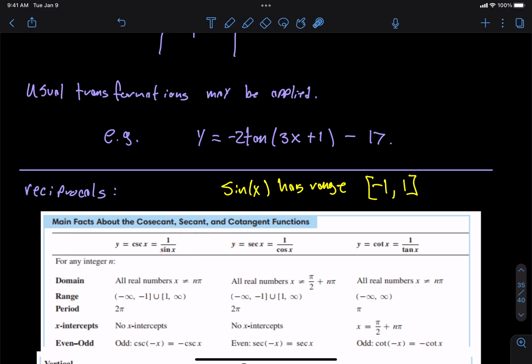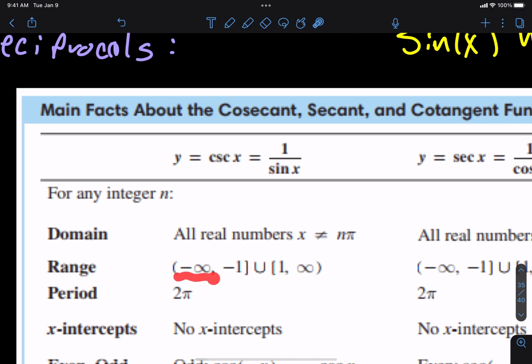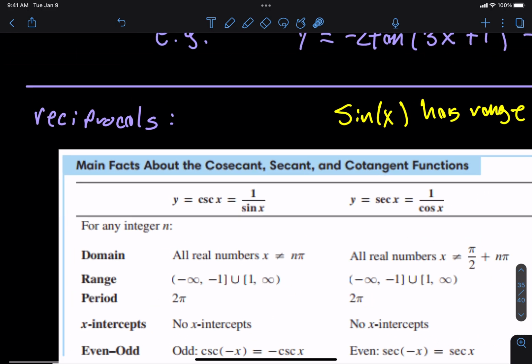And if we allow ourselves to approach 0 from the negative side, so something like negative 0.000001, then we can get a very, very big negative number, as big as we want. So the range will go from negative infinity up to negative 1. We can't do anything between negative 1 and 1. And then we can go from 1 up to infinity. So the story of